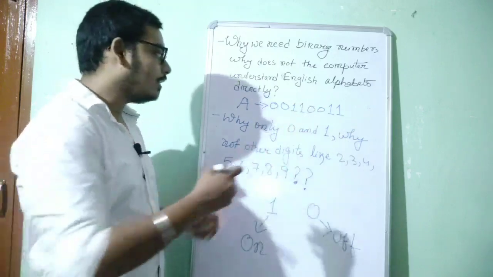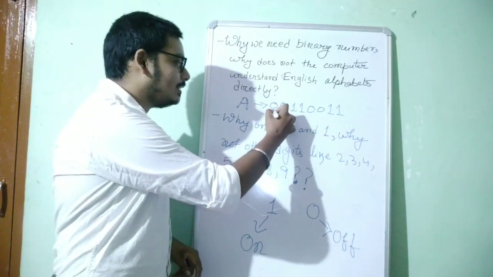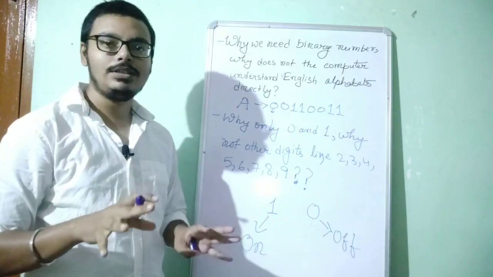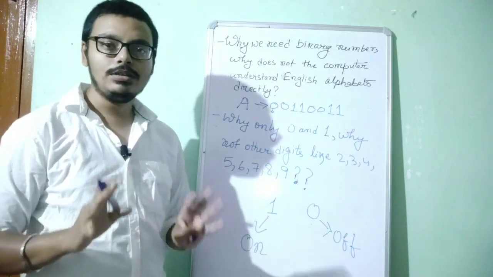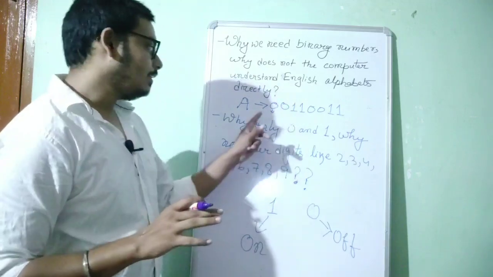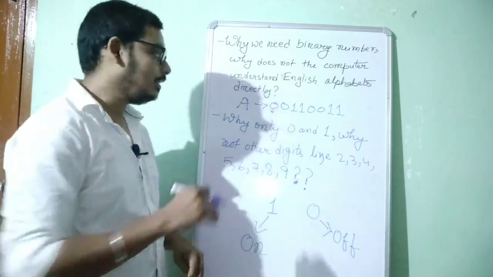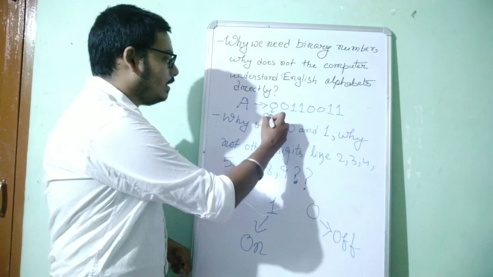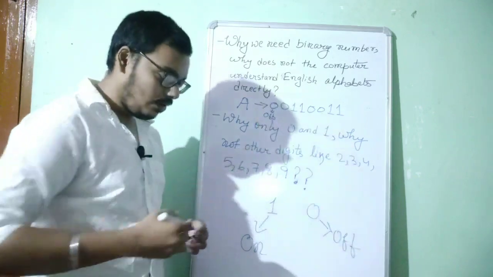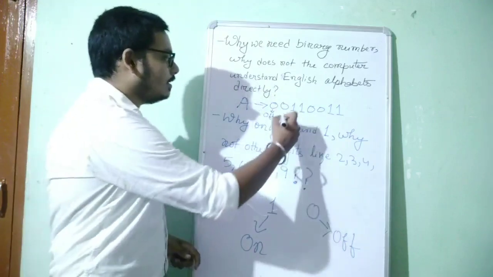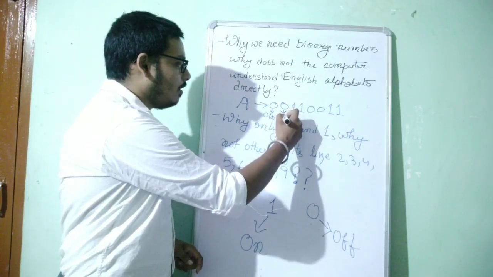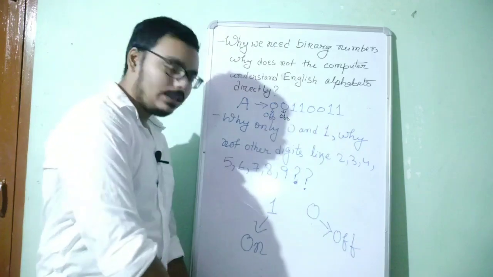A transistor is a device to store the electric signal, for now you understand only that, okay? That means in the first transistor the electric signal is not passed, that's why it is off. In the second transistor also the electric signal is not passed, that is off. In the third